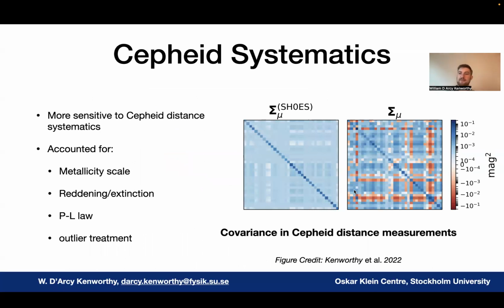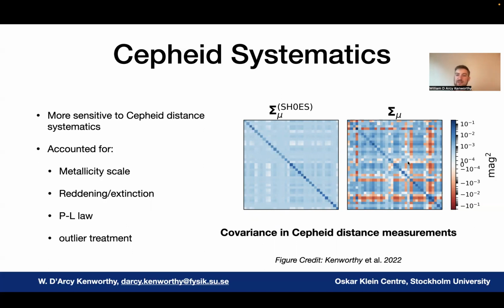We also included other systematics, not just peculiar velocities. We included a bunch of different Cepheid systematics. The baseline SH0ES analysis treats these as variants, where after the analysis is done, it's reanalyzed with a different technique, and ultimately that difference is propagated into the SH0ES error budget. Here we added these uncertainties directly into our covariance matrix. This shows the Cepheid covariance matrix used by the baseline SH0ES analysis. And this much more complicated covariance matrix shows the covariance matrix we use for our analysis here.